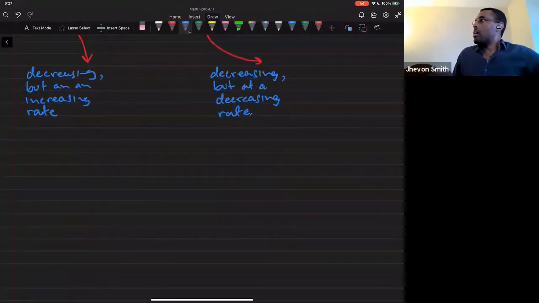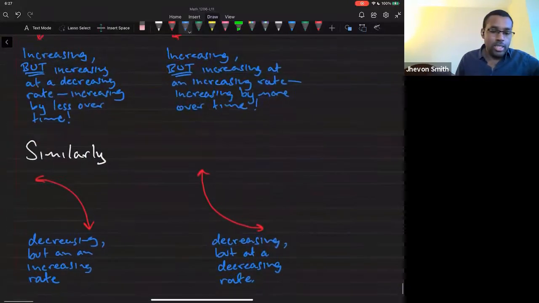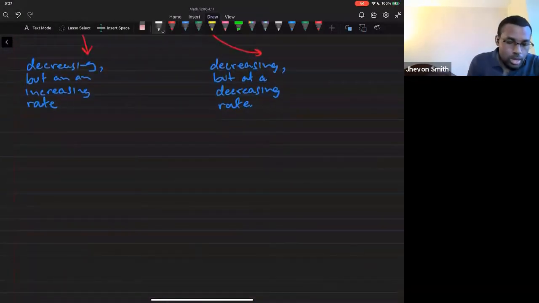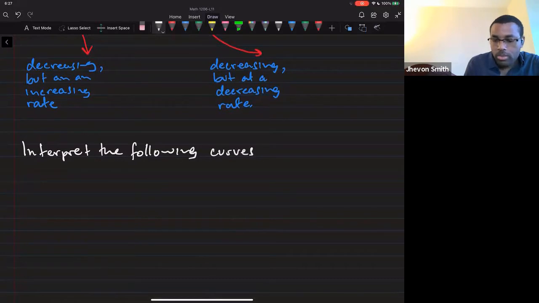And you have to remember what mathematics helps us with. It's to model things. For people who actually care about using math in real life, math is a model. So it's not always just about, oh, I can draw this pretty graph and this is just a random f of x. In real life, your f of x is going to represent something. So if you think about it, interpret the following curves under the context given